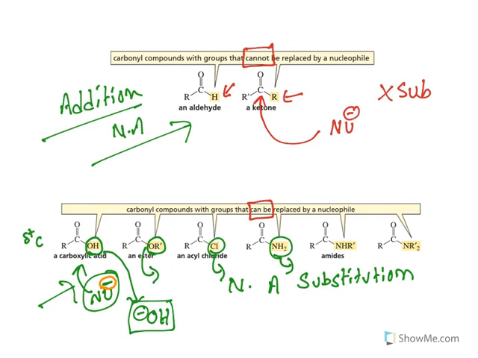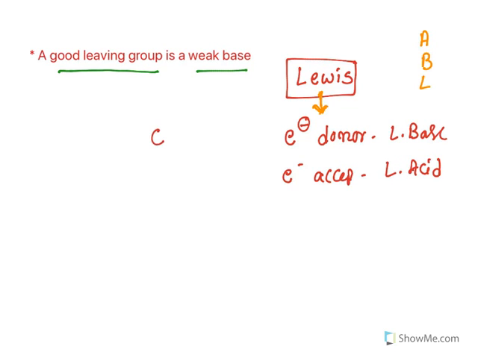Now understand this one. What is happening with our carbon? Carbon has a partial positive charge, so it accepts an electron pair. So in a carbonyl compound, the partially positive carbon is an electrophilic carbon center and is also a Lewis acid because it accepts an electron pair. The nucleophile will act as the incoming Lewis base. It comes with an electron pair, or it is donating an electron pair. Now, what does this have to do with leaving group ability?